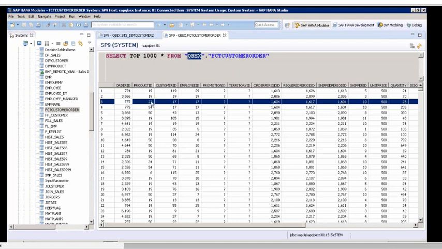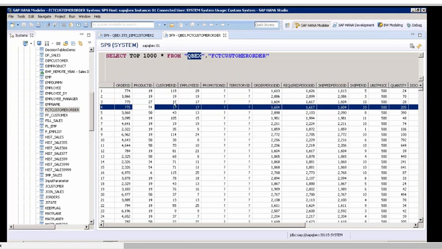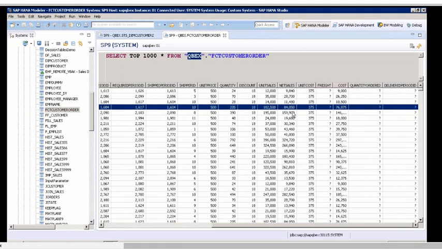So I've got a sales order relevant to which product it is, and do you know which customer it is? So you see customer ID here, which tells me who was the customer who placed an order for me. This order was placed by which customer. And I also get to see the net sales of the order, and I also see the quantity of the order. Let's not worry about the quantity. Let's worry only about this net sales of the order. So what is the total sale value of the order?